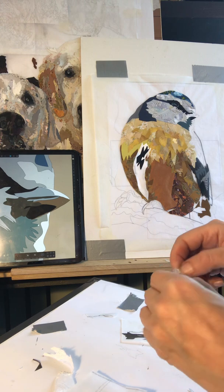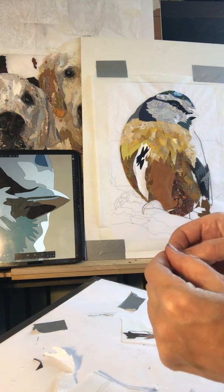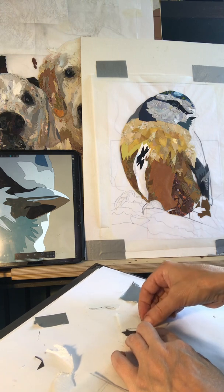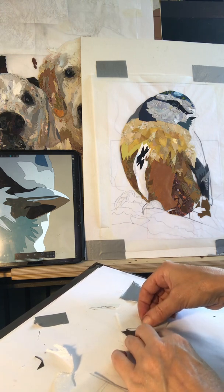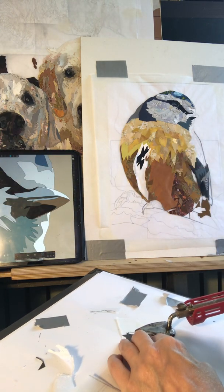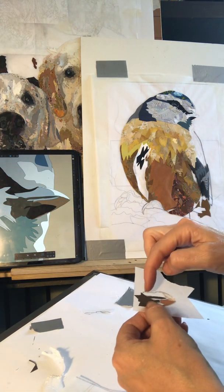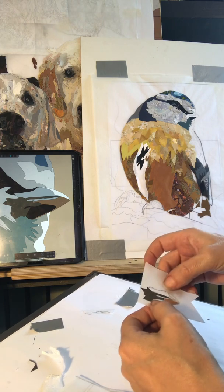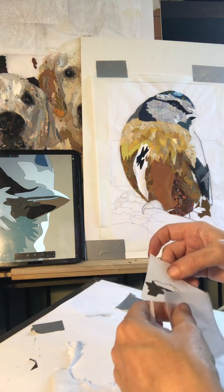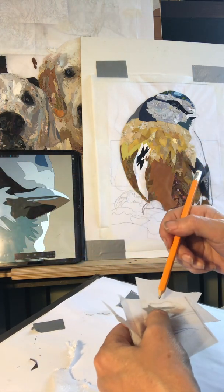Peel it off and stick it on where we want it. And then the hardest bit that would have been to cut out, which is this bit that runs all around here. I don't actually need to cut it out very much because I'm just going to fit it behind all the other colours. So I'm just going to take a rough, obviously because I've got this